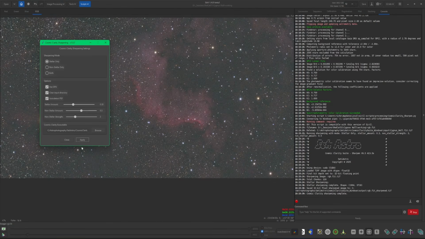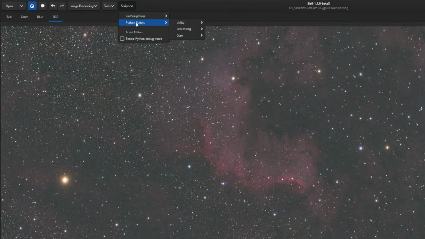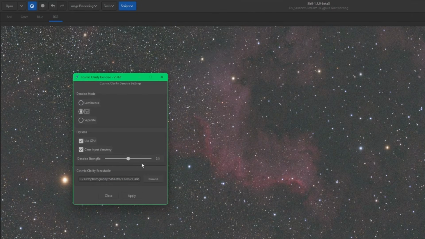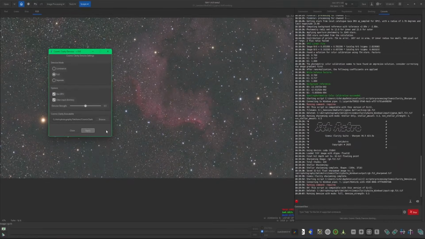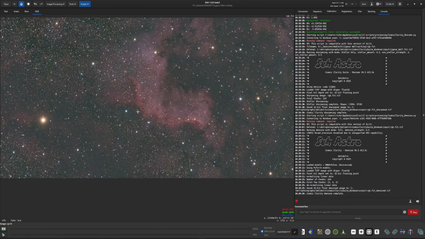Once that process completes, close the script, and then again, we're going to come up in the scripts, Python scripts, processing, and Cosmic Clarity denoise. We're going to set it to full, and I'm just going to leave it at the default 0.5. Click apply. All right, now that denoising is complete, we can close that script, and now we're just going to